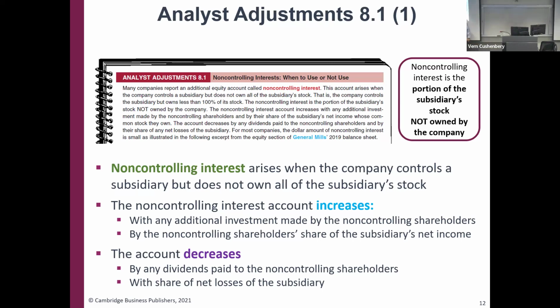And it shows up on both the income statement and the balance sheet. And insofar as this class is concerned, it's about as simple as understanding that conceptually. There might be a homework problem that asks you to work through that, but I don't expect there to be much beyond that on the exam. If you understand it conceptually, you should be pretty good.